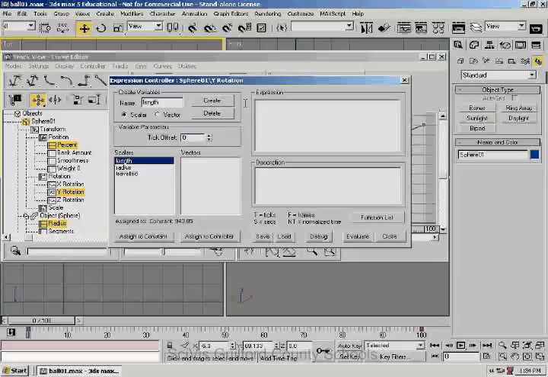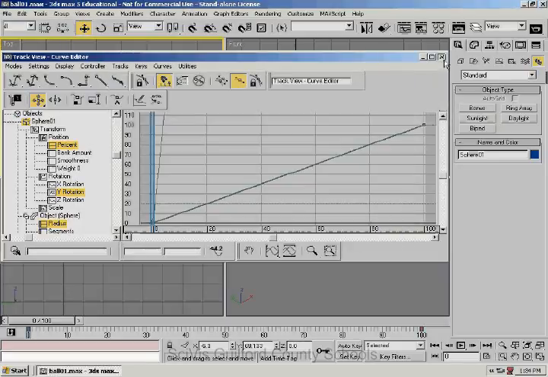Alright, now up here in the expression, we're going to backspace, type in a parenthesis, another parenthesis, and type in traveled times length, parenthesis divided by radius in parentheses. Now notice that these are case sensitive, so if I capitalized anything when I type it in, I have to be sure I spell it and type it exactly right. And we could hit evaluate just to be sure it works. There's no problem. We close this,